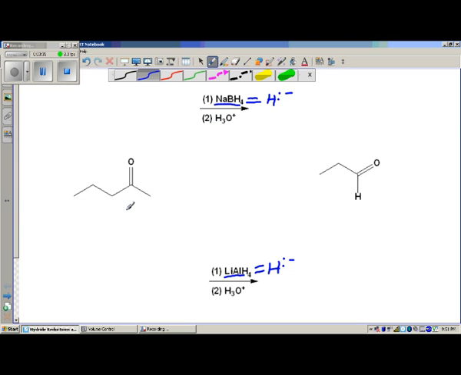Okay, so let's look a little bit about how we're going to push some electrons here, okay? We know that we're making alcohols, okay? But let's see if we can figure out exactly how that happens. So I'm going to draw my H- here. And it probably shouldn't be too much of a stretch for you to figure out which part of my ketone the H- reacts with. It's the part that's most electrophilic, which of course is the carbonyl carbon. So we're just going to show these electrons attacking that carbon and pushing those electrons from that pi bond up